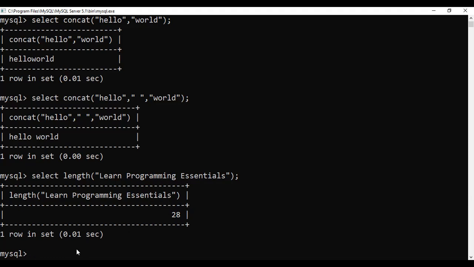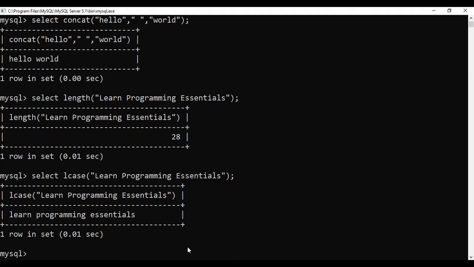Now, next function is LCase, or lowercase. So I just copy the string so that it can be used everywhere. You can see all the characters, that spacing will be there.